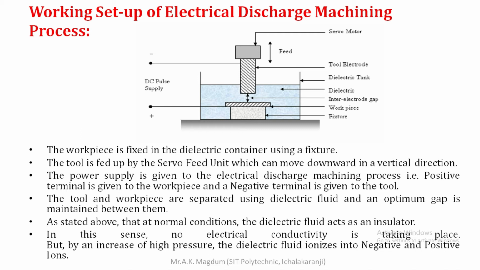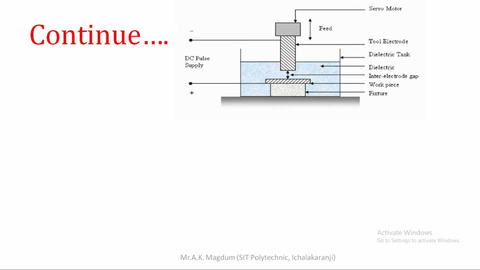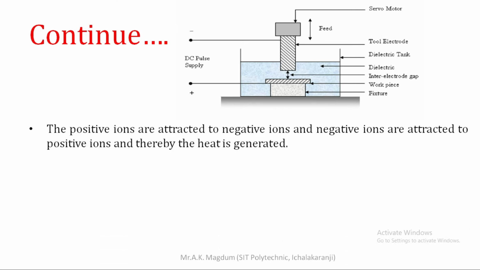So this is the very important property of that dielectric fluid. Next, in this sense, no electrical conductivity is taking place, but by an increase of high pressure, the dielectric fluid ionizes into negative and positive ions. Next, here the positive ions are attracted to negative ions, and negative ions are attracted to positive ions, and thereby